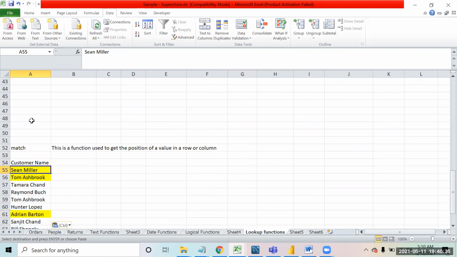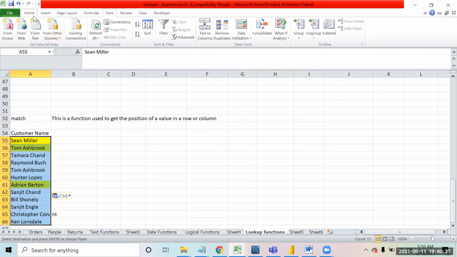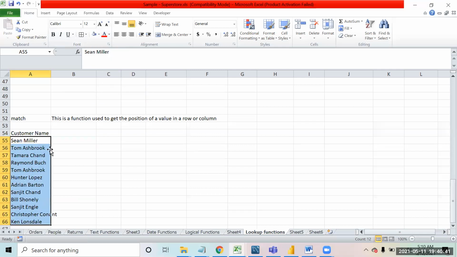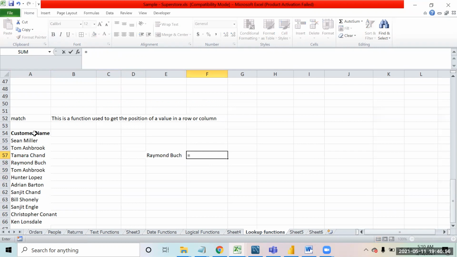I have this list in which I have 12 names. Now I copy this name. I want to find the position, so I say equal to match this name. This name is coming at which position? So I select the data over here.